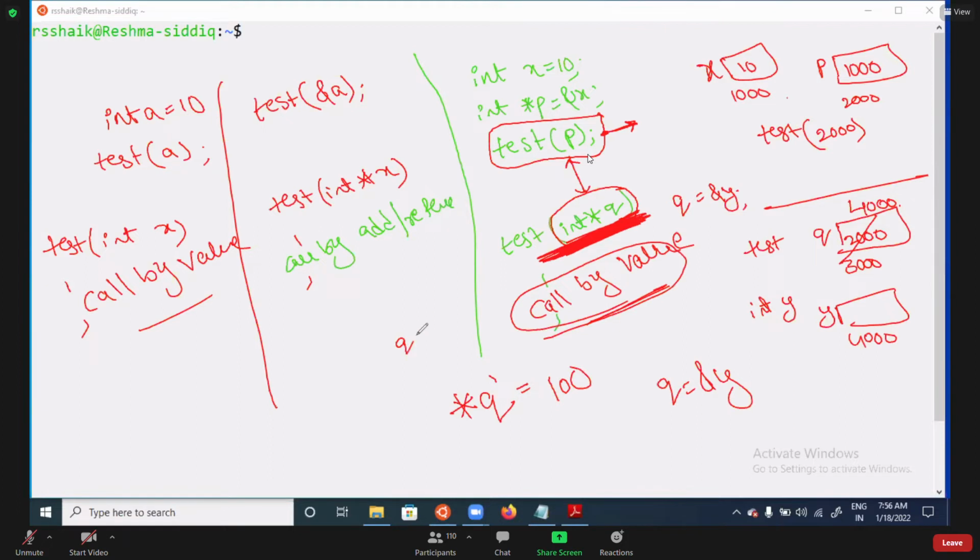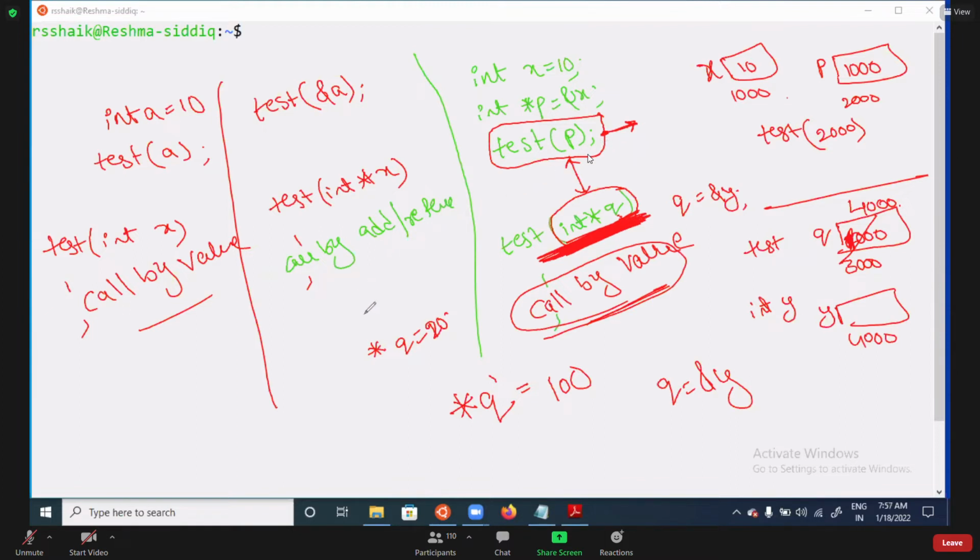Q is holding what? P is nothing but 1000. So whenever I write star q equal to 20, q pointing to 1000 memory location, the data is there, but it is modifying.